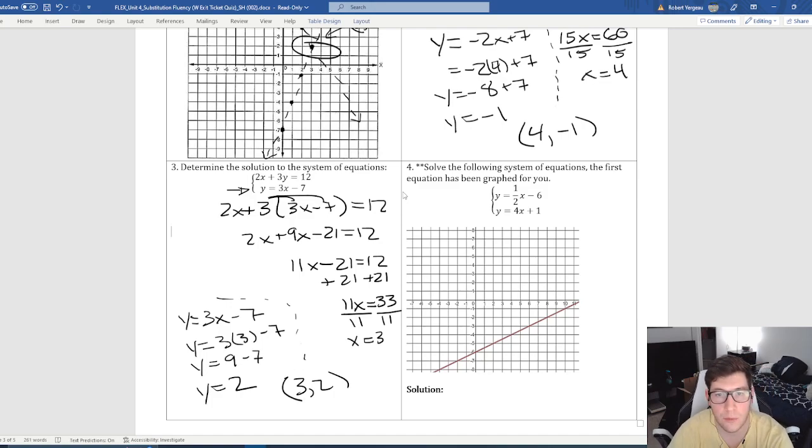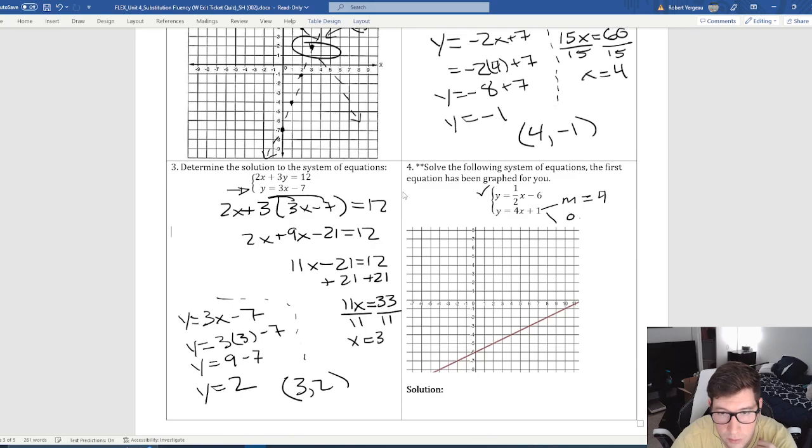All right, moving on to number 4. Similar to number 1, except that half of the work is kind of already really done for us. So the first equation is already graphed. Awesome, I don't have to worry about that one. I'm just going to put a little check mark there. Fantastic. And now I'm going to do the same thing we did up with 1 with pulling out my slope and y-intercept. And so I know that m is going to be equal to 4,